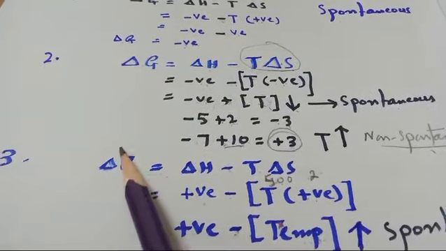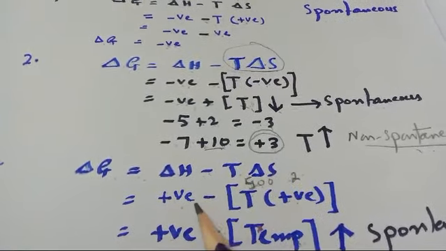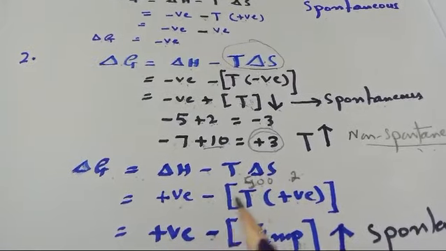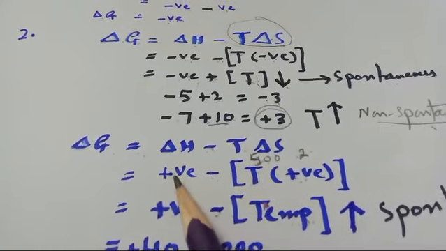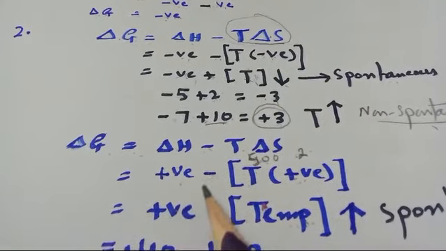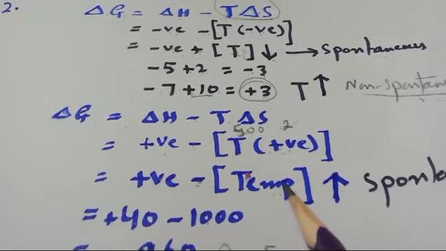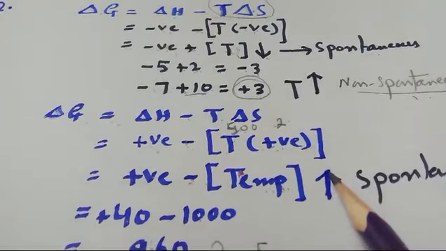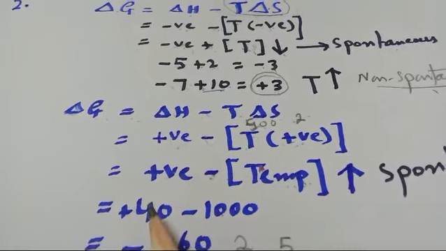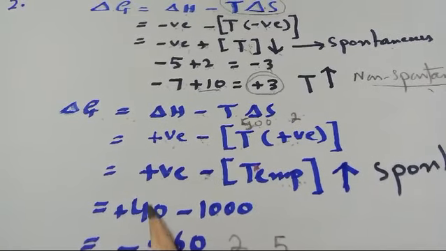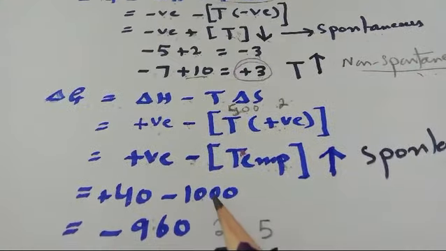Third condition we have: delta G is equal to delta H minus T delta S. If delta H is positive, minus the T and delta S is positive, now you can see here, delta H is positive and this is a minus and the plus, so we get the minus, and this is the temperature. Now if we increase the temperature, the reaction will be spontaneous. For example, if delta H is 40 and this whole term becomes minus 1000